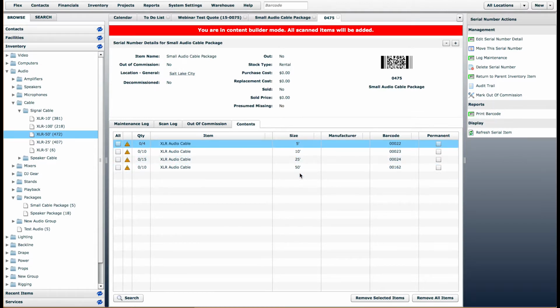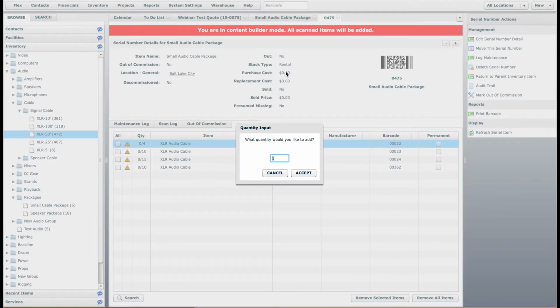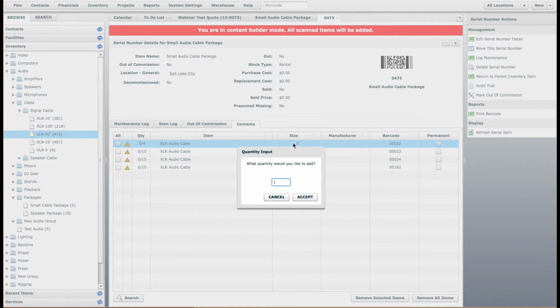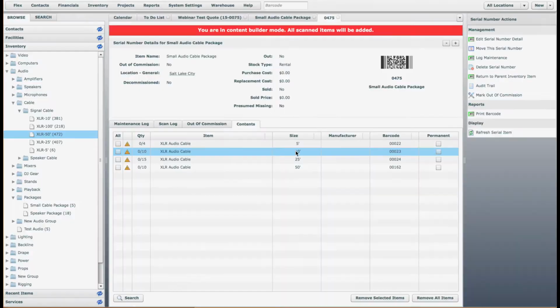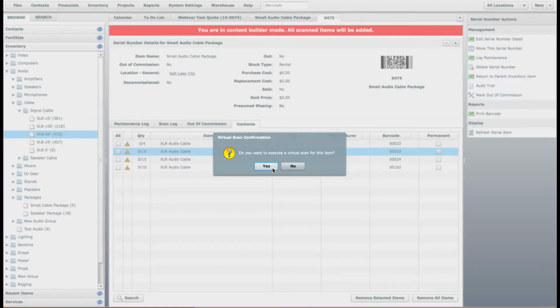XLR cable. So what I would do is either enter the barcode for each of these, and since my XLR cable is set up as non-serialized, I'll enter the barcode and then enter a quantity that I'm putting into this container. So since I just put in the 5-foot and I only need 4 of the 5-foot XLRs, I'm just going to say I'm adding 4. You could also do a virtual scan, so by double-clicking on it,